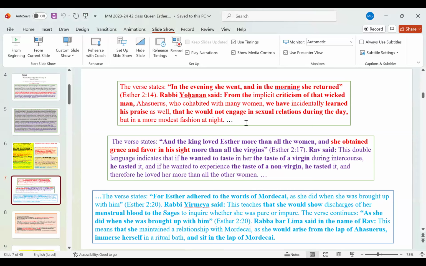So we also have the idea that Achashverosh only engaged in sexual